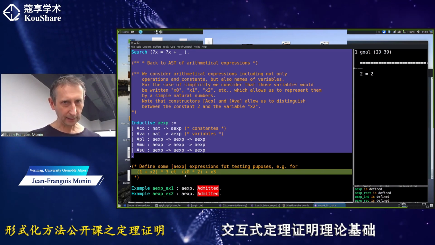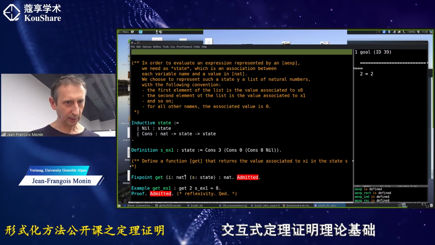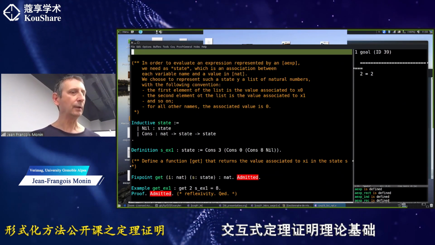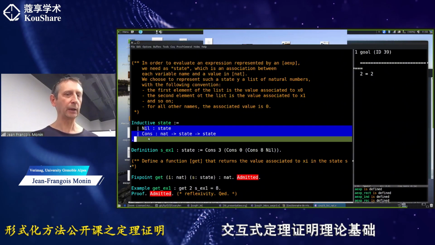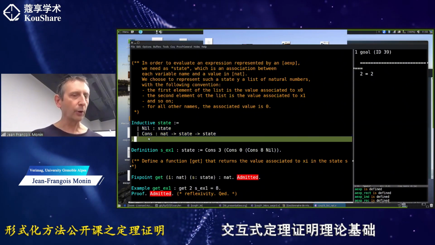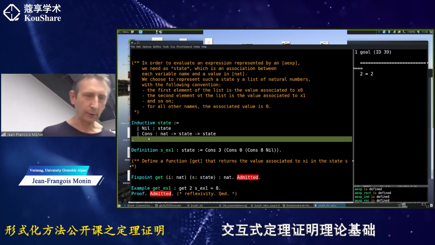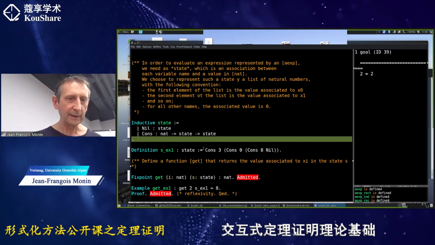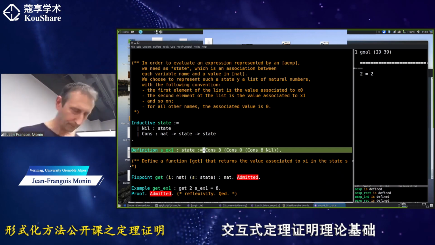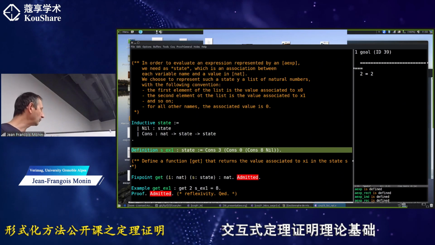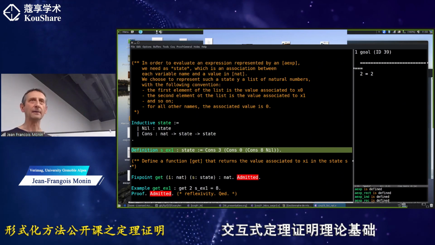And things that for the state, okay, and the state will be actually a list. So I already find my own list. Later on, we will use again the standard list of Coq, but okay, this is just because. One thing: the standard lists of Coq are actually lists of anything, but lists of the